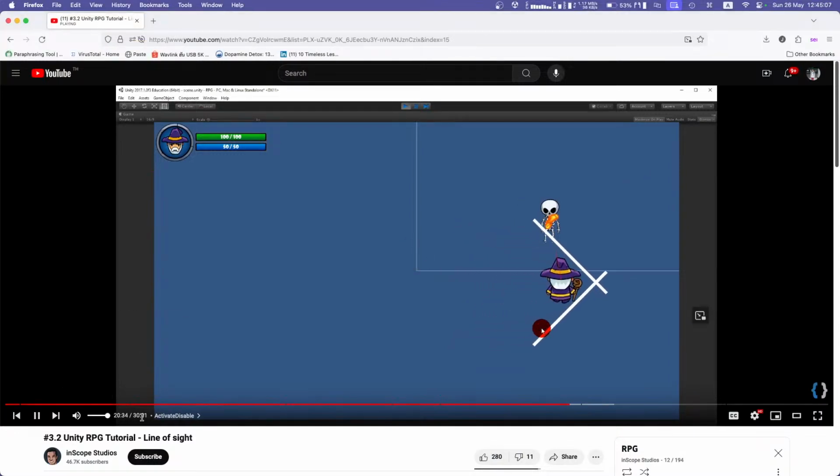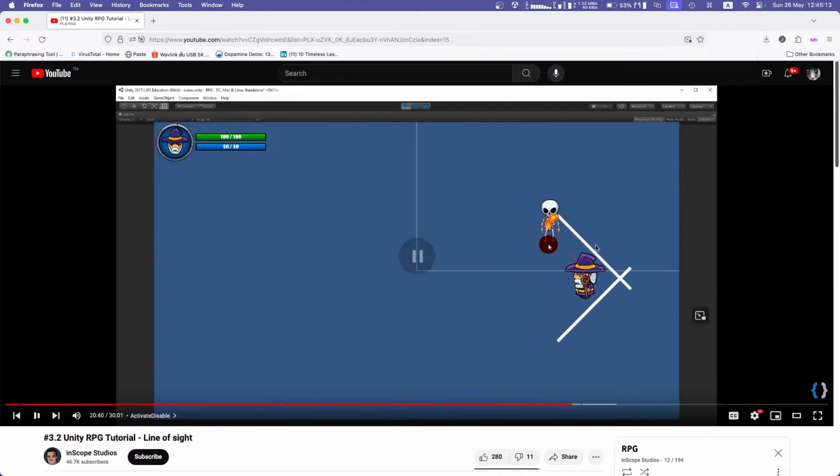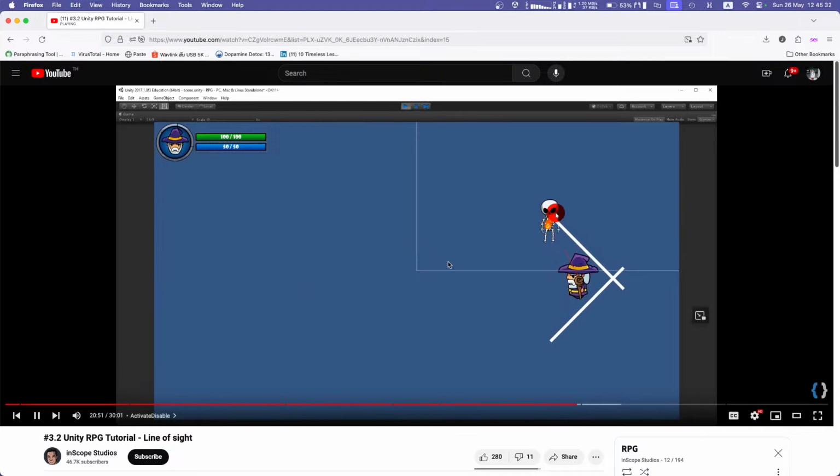As you can see, you can always make them small. Right now, I'm unable to attack the skeleton that is here. I will have to stand around here to be able to attack it. So, if you feel like this line of sight we're creating isn't sufficient for your game, you can always make these smaller if you want to, so that it doesn't block as much. Because right now, I'm actually not happy with the fact that I might